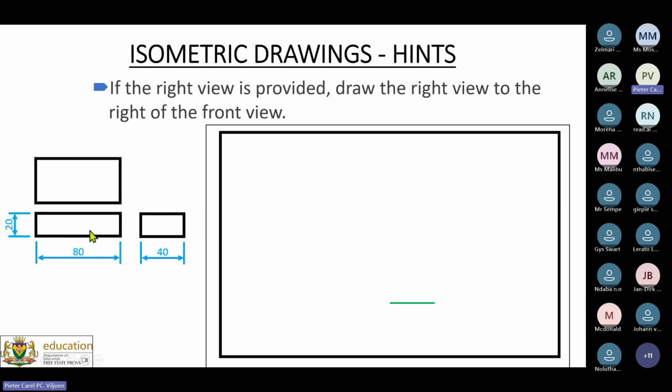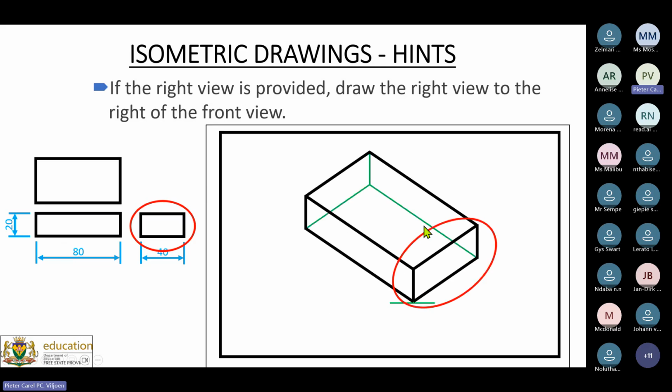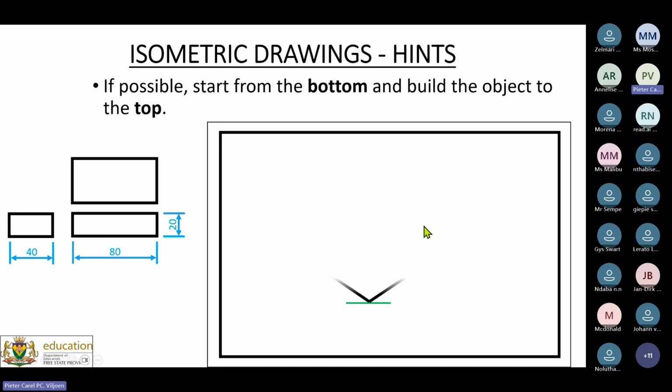But if a right view has been given, then that detail of the right view will be placed on the right-hand side over there. Front view to the left and the top view from the top. So that's what you will see in that regard. All right. So therefore, you start from the bottom. Teach the learners to start from the bottom. Don't use the biggest possible block method. Why? Because if it's slanted deeper and a learner draws it in here at the front, then obviously you will